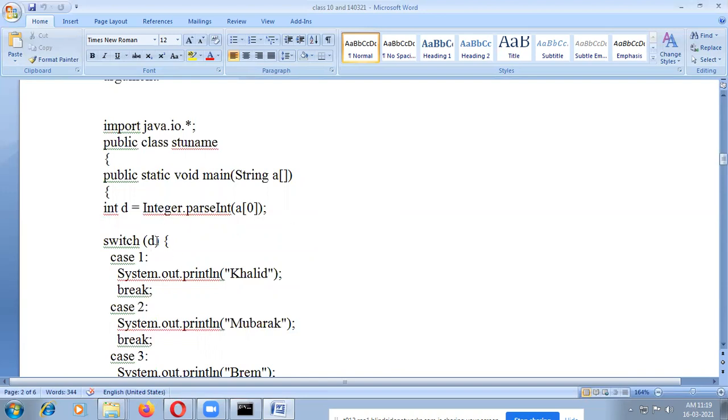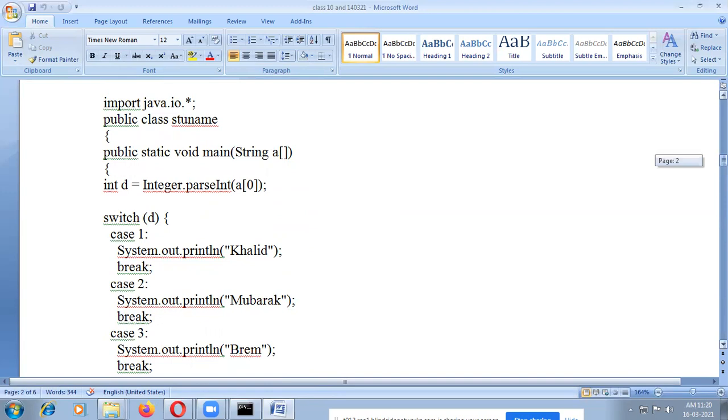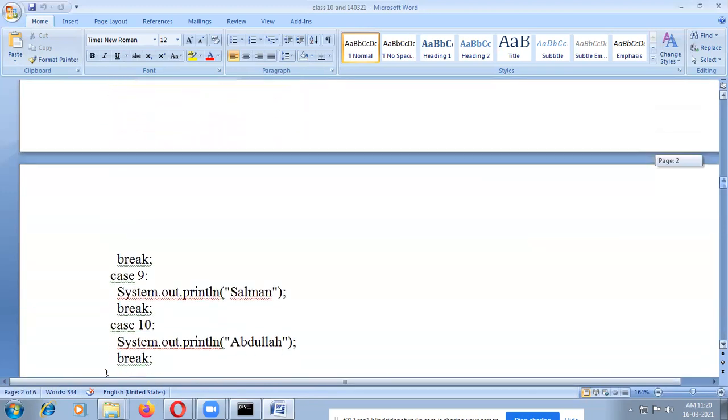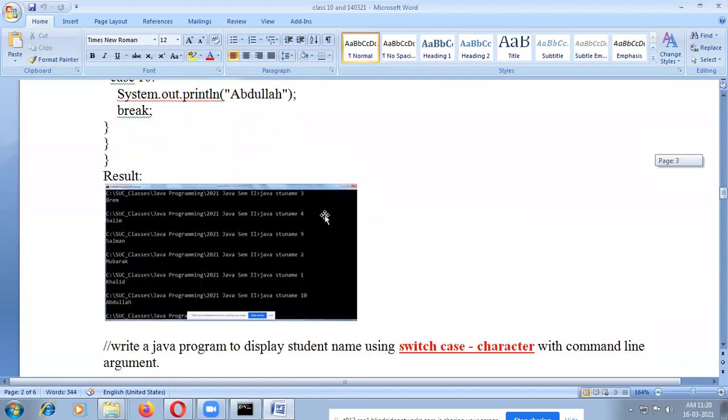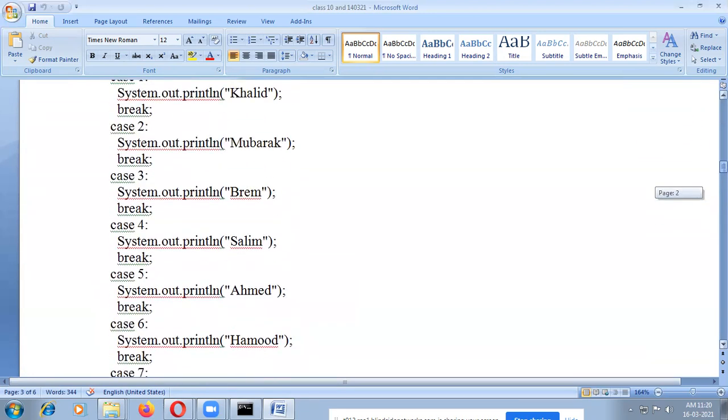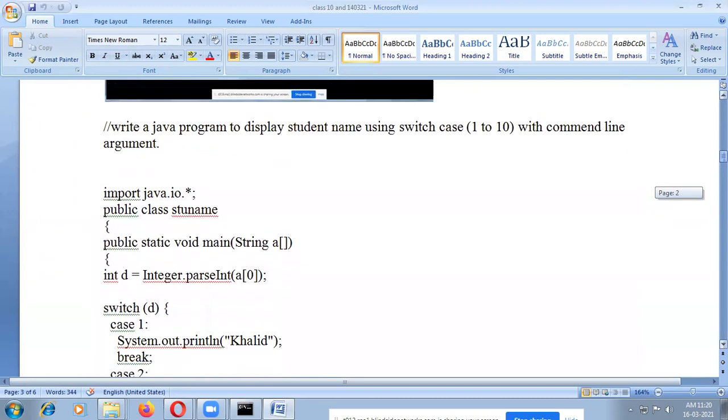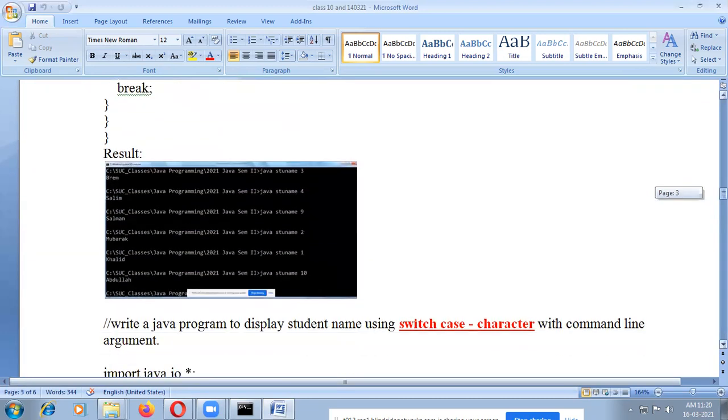When you give the input, if you give 1, it will display Khalid. If you give 2, Mubarak, 3, Brahim, and so on for all the students. If you give 4, print Salim. If you give 9, it will print Salman. 2, Mubarak. 1, Khalid. 10, Abdullah. So we listed all the case statements here. This is using command line argument and switch case statement.